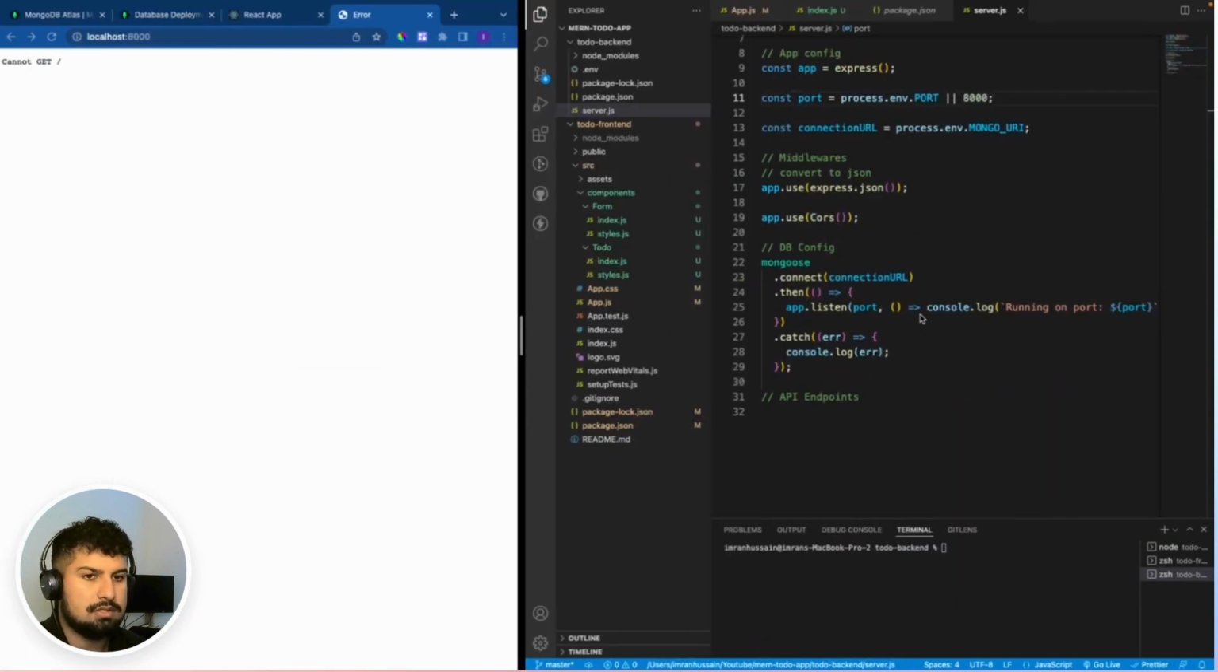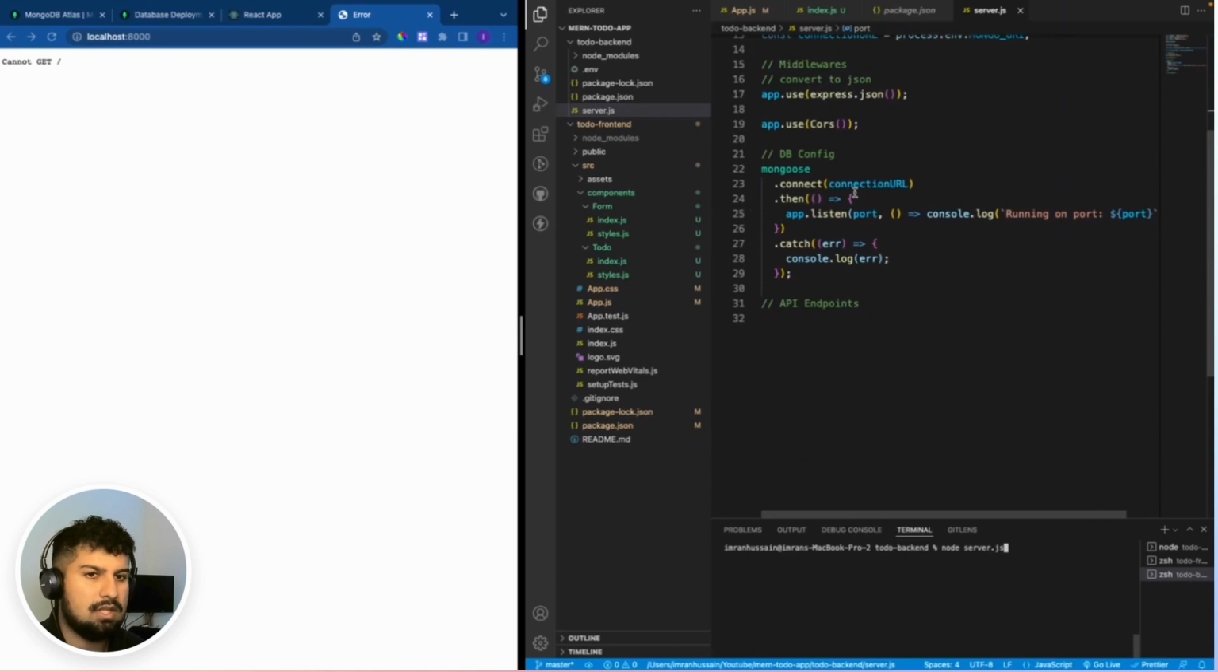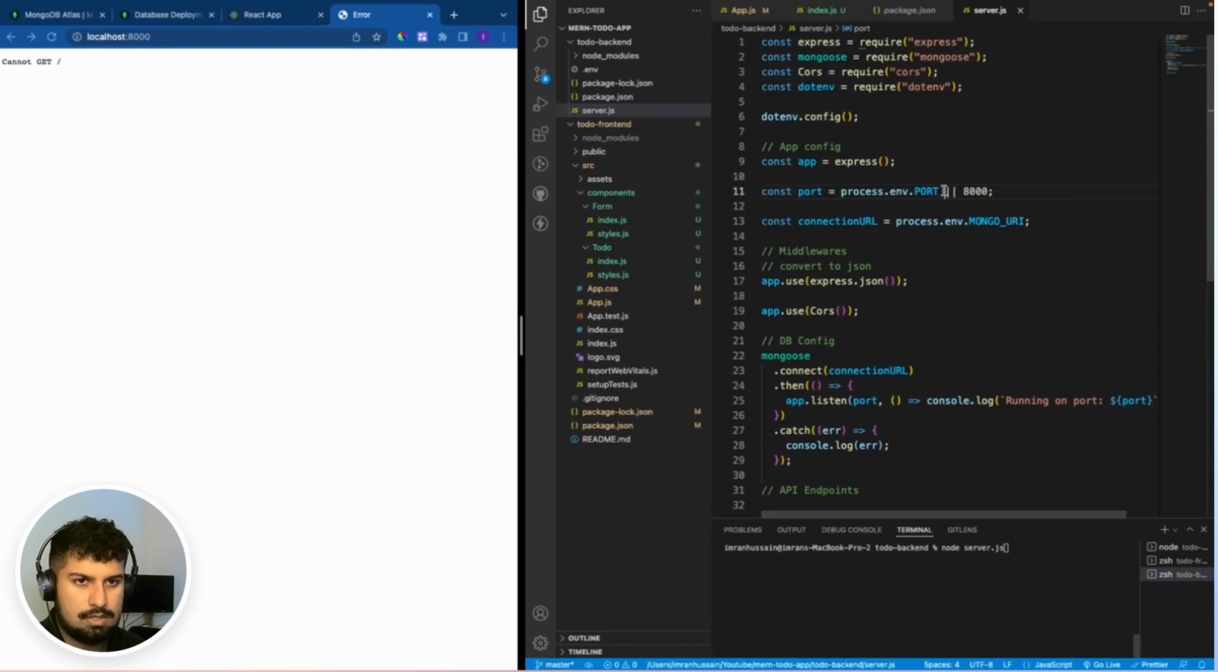So to test that the connection is working, I should expect to see running on port 8000. So if I run the backend, so node server.js, so I want to run the file within the backend folder called server.js. So this file will run, and then we will eventually make the connection to the MongoDB URL. And then once we've done that, we will have the console log of running on port, and it should be 8000 from the process.env.PORT or the 8000. So if I press enter, we now have running on port 8000,